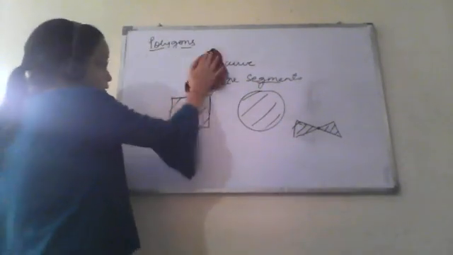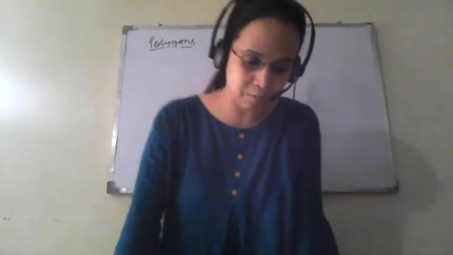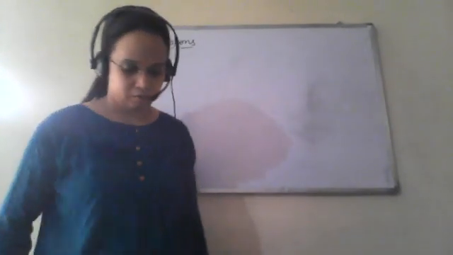Now, based on sides, there is another classification of polygons. It is given on page number 38 of NCERT, by number of sides. If it is 3, then it is a triangle. 4, quadrilateral. Number of sides 5, then it is a pentagon. So there is a specific name given to the polygon based on the number of sides. 6, it is hexagon. For 7 sides, it is termed heptagon. For 8, it is octagon. For 9, it is nonagon. 10 is decagon. So this is the classification based on sides of the polygon.